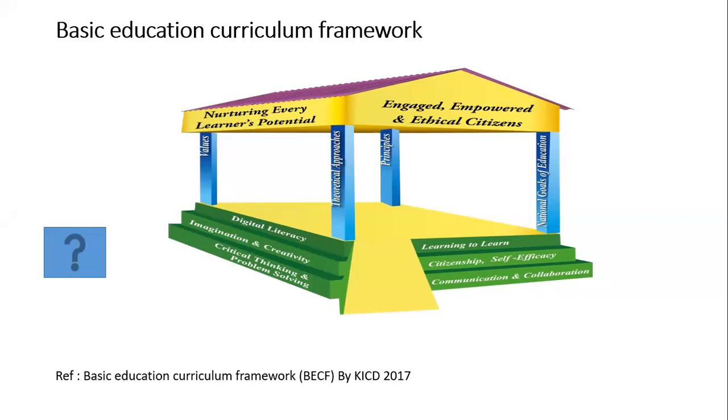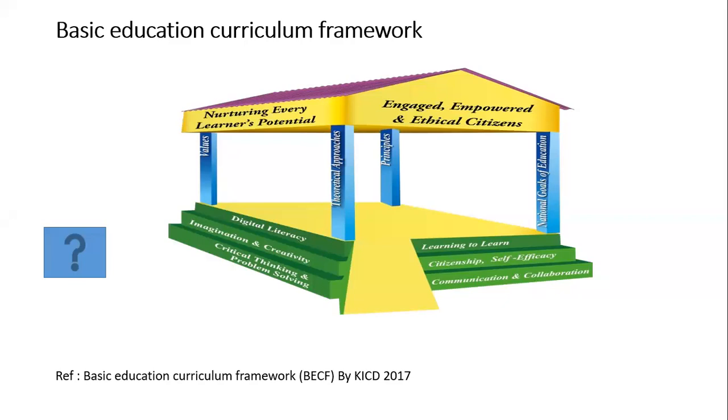And these arrived at a mission and a vision. So on the rooftop, you can see two sides of the roof, the front of the house and the side of the house. So the mission is just as simply put as you see it at the front of the house, to have every Kenyan learner become engaged, empowered, and an ethical citizen. So the vision of the basic education curriculum framework, the whole house that guides you and I in the delivery of our education, the reason why we are doing this, our main vision is so that every Kenyan child, every